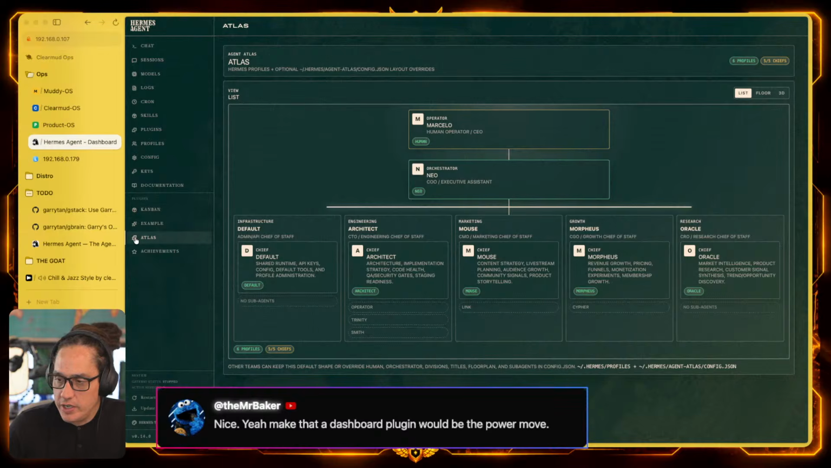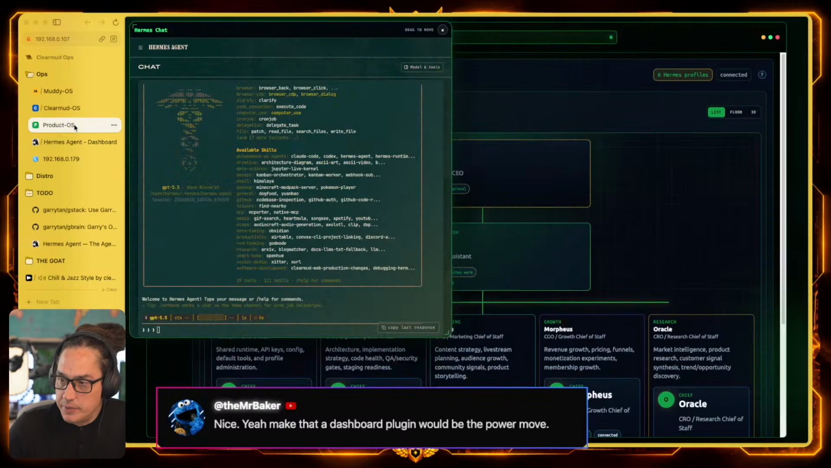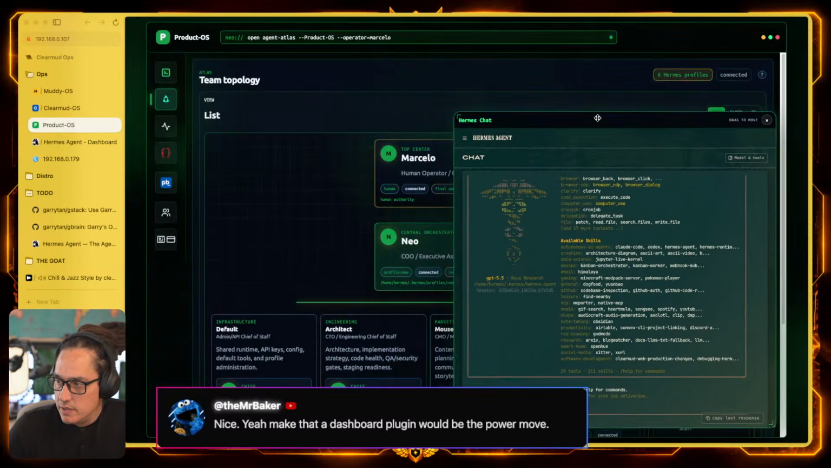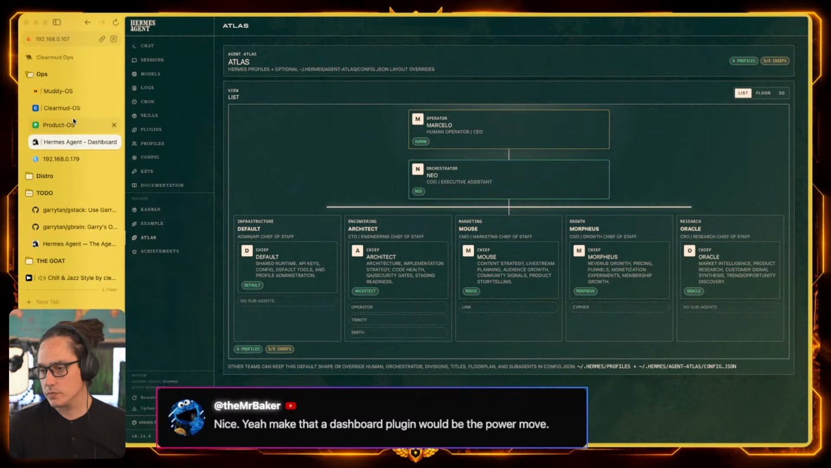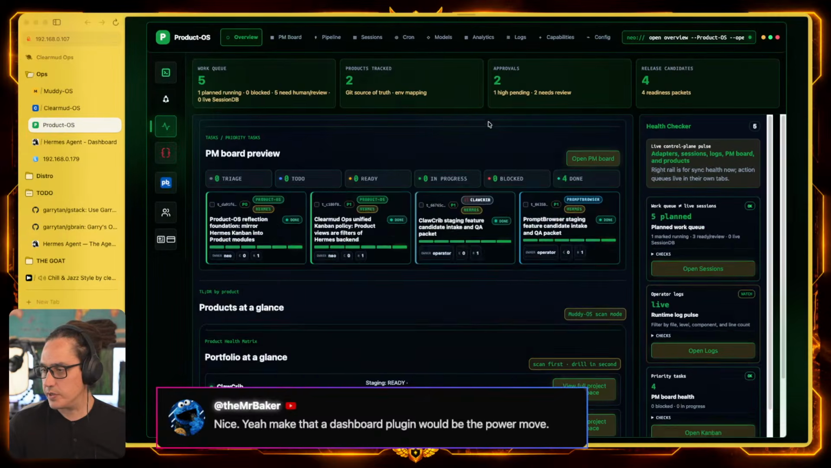I think we're gonna try to work on it. It's something I built into Product OS, right? Because the question is within the Hermes agent dashboard. Yeah, let's continue working on Atlas and maybe we'll squeeze that in at the end. Listen, I'm just gonna start doing the work because